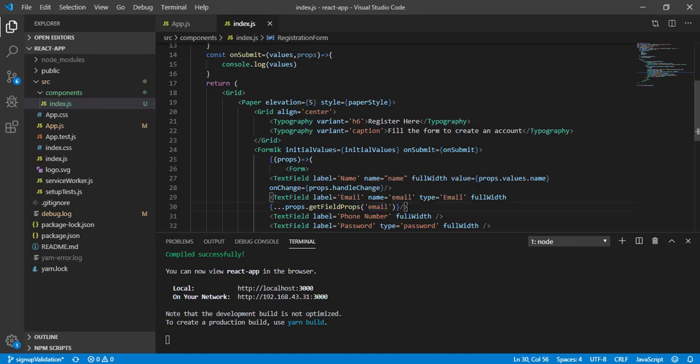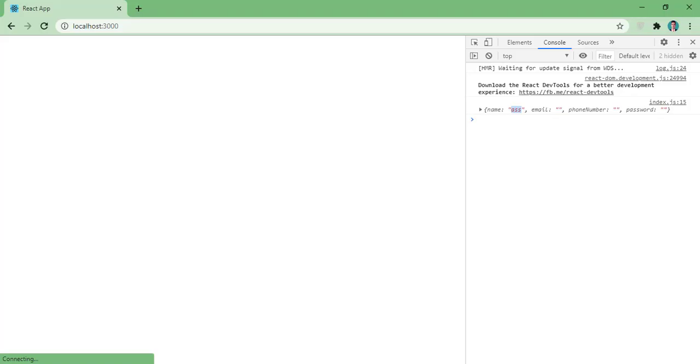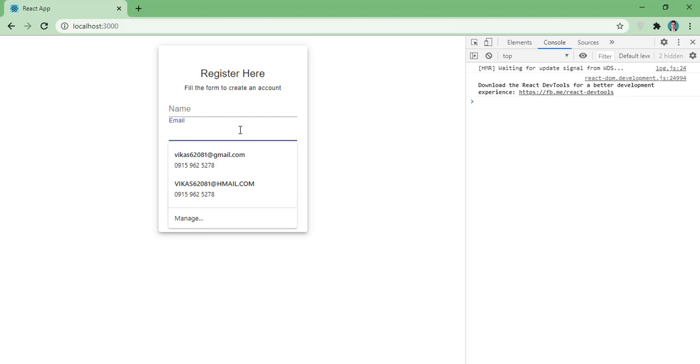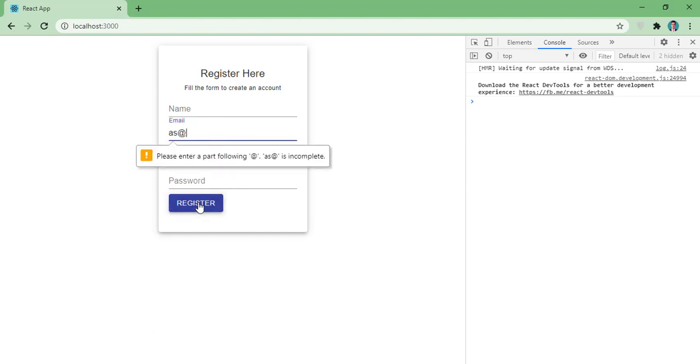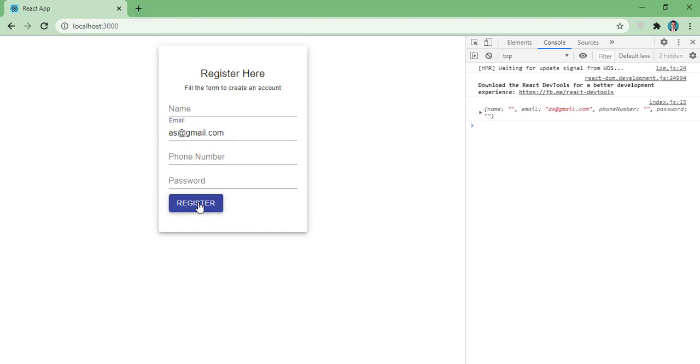Now let's save it, come to the browser, and type something and hit enter. It's not allowing, so now register. You can see I got this value here.